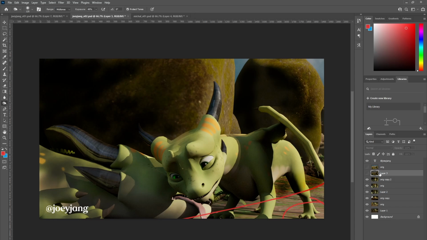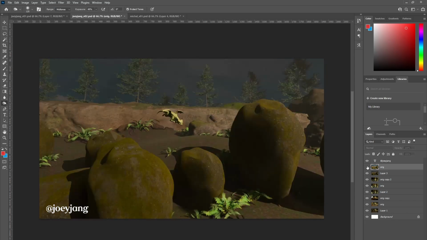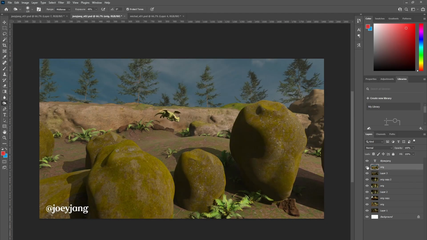Okay, and then we have our original and this kind of update. I noted your comment that you didn't want to bring down the foreground elements because in the next scene there would be a foreground character. I'm guessing that larger dragon that's lying on the ground.